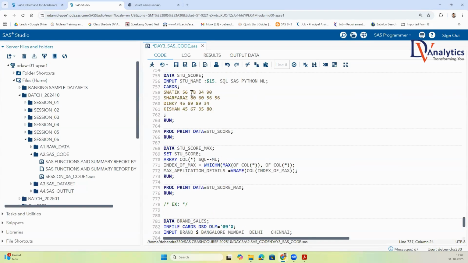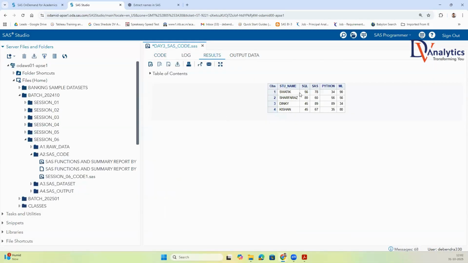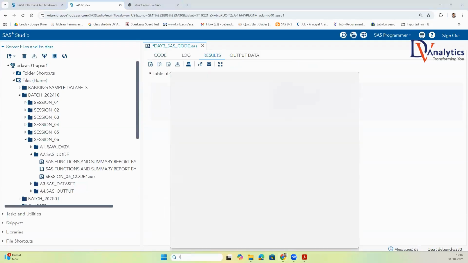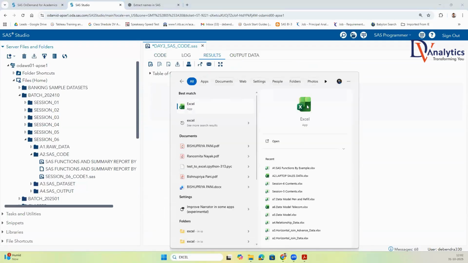Now, this is an interview question which has been asked. What do you see, guys, here? There is a student name, SQL, SAS, Python, machine learning. I'll give this example to you in an Excel file. We have also done this in